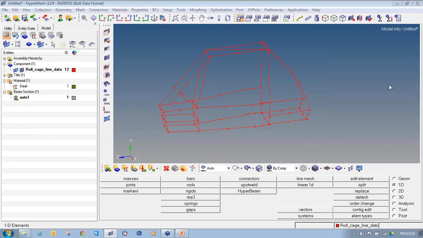To create a property, if you don't have a square section, only create one circular section, don't create a square one. If you have both, create both. Otherwise don't create both. So click on property,